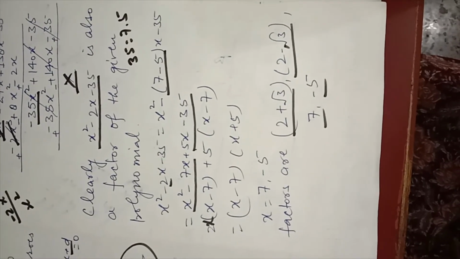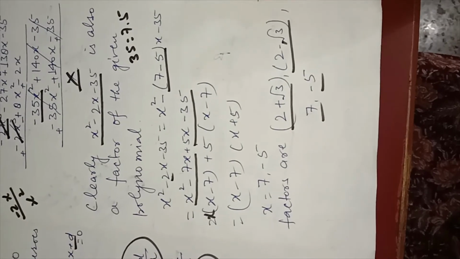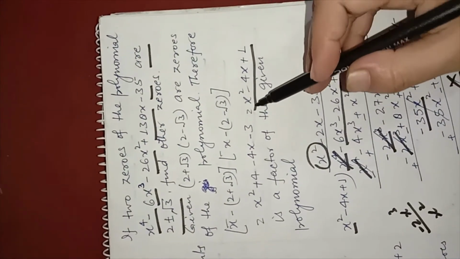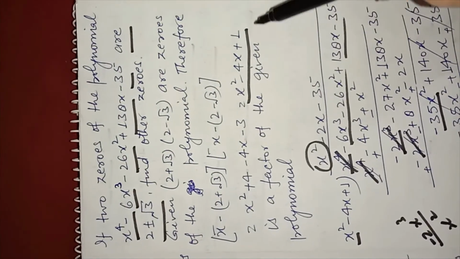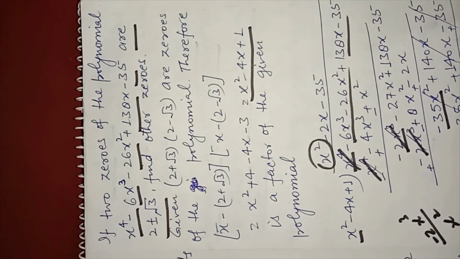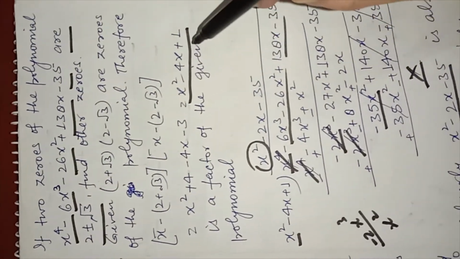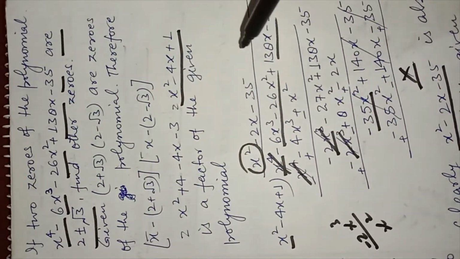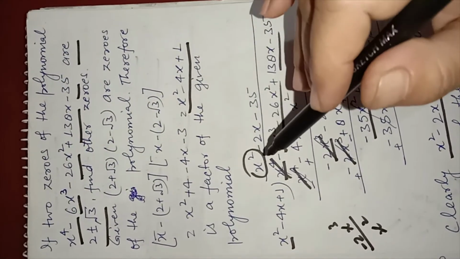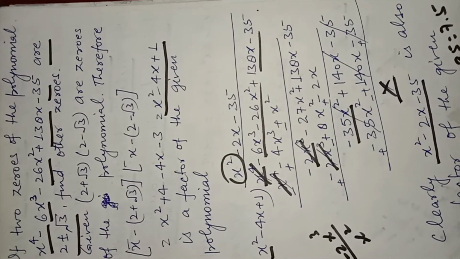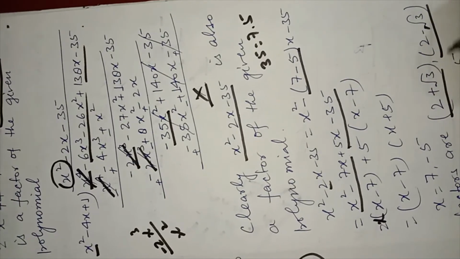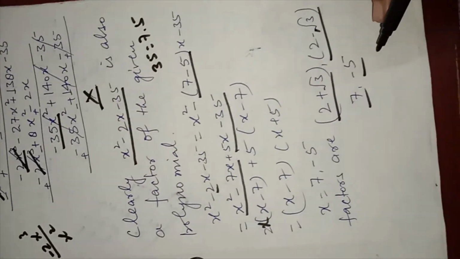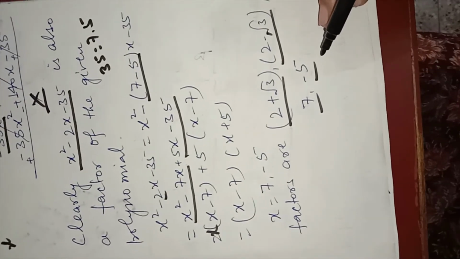How can you find the factors? By forming a polynomial with the given factors, which we get by x minus first factor and x minus second factor. We multiply them, we will get one polynomial. We will divide the given fourth degree polynomial by the polynomial which we got, and we will get a quotient. The quotient will also be a quadratic polynomial, which can further be factorized by splitting the middle term. In that way we will get four factors: 1, 2, 3 and 4.